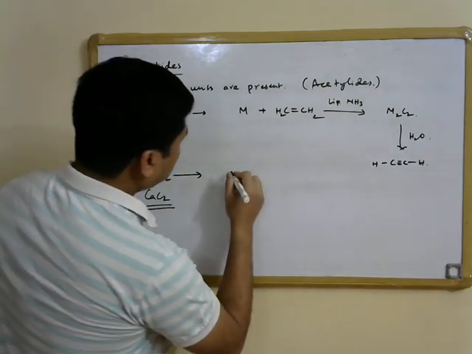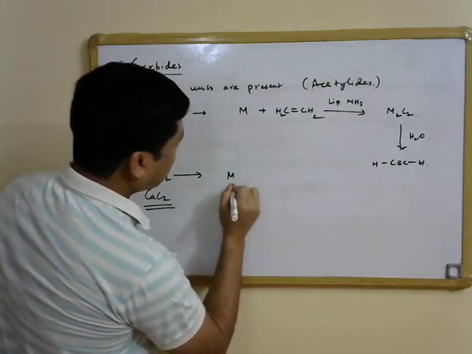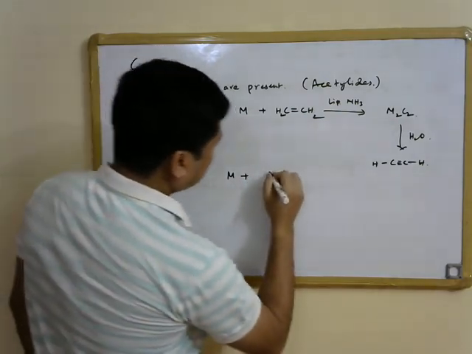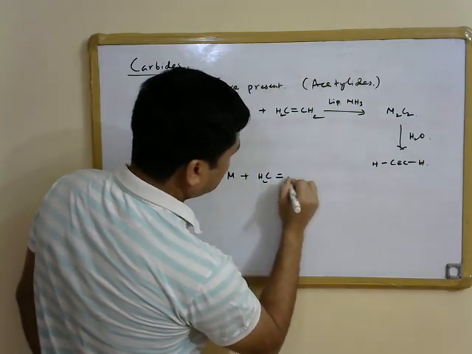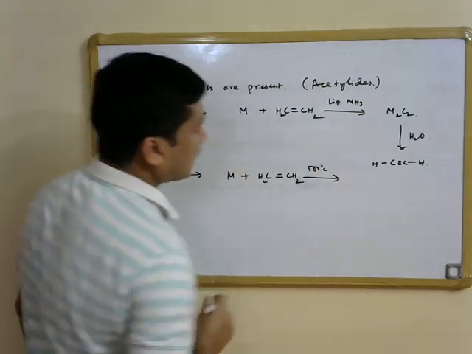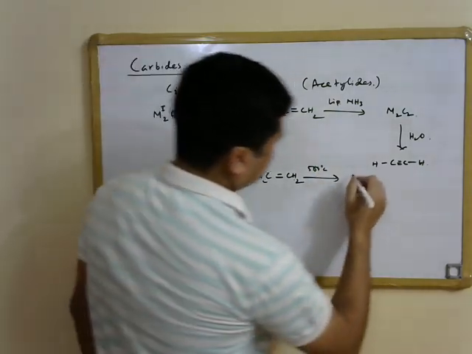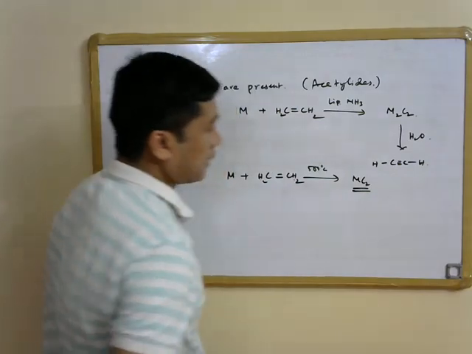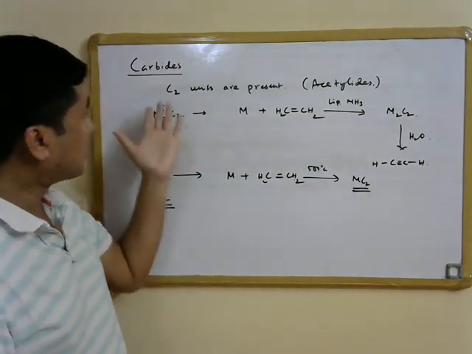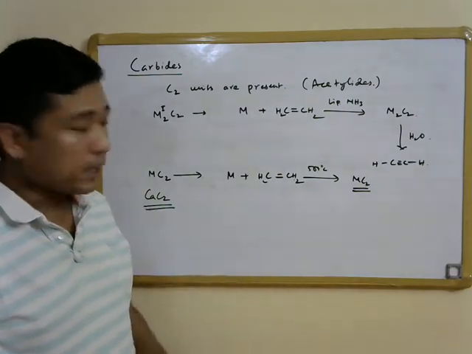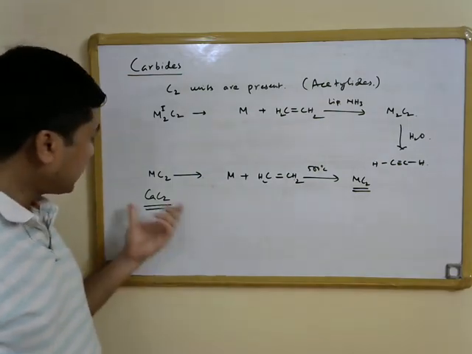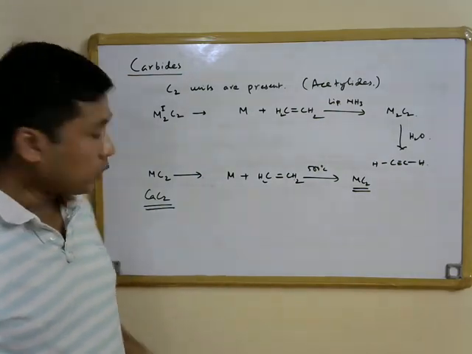So these carbides can be prepared in general by, again, reaction of the alkaline earth metal with ethylene at around 500 degrees Celsius. One can obtain C2 in this way. So that is how alkaline earth metal carbides containing C2 units, or acetylides of alkaline earth metals, can be prepared, and we have already said calcium carbide is the most important example of